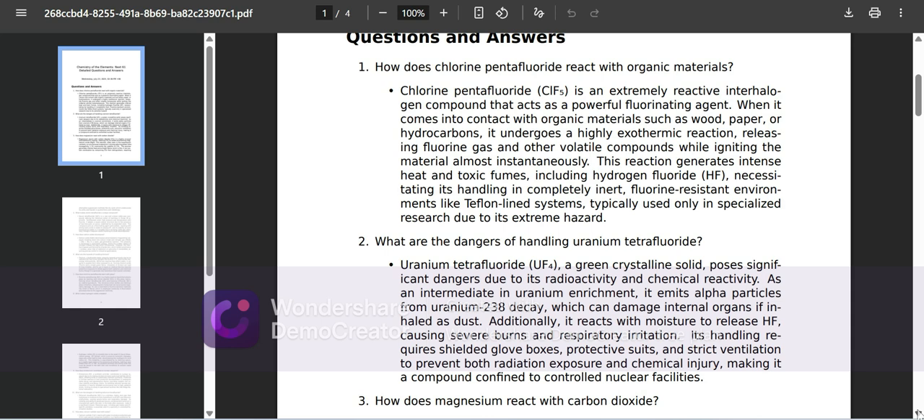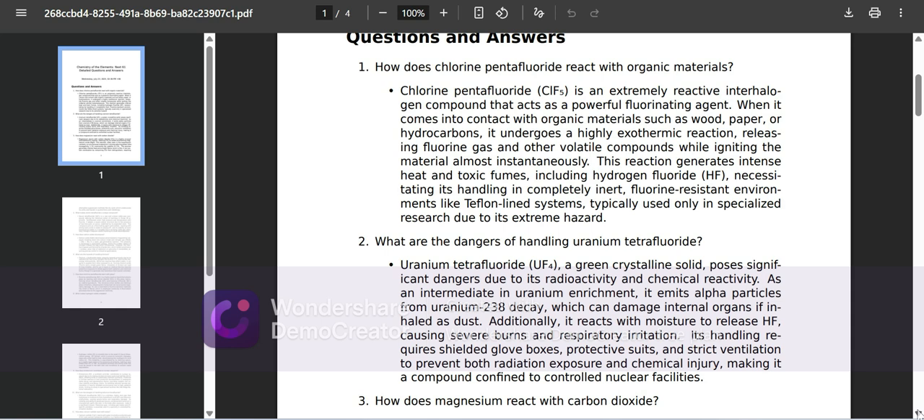When it comes into contact with organic materials such as wood, paper, or hydrocarbons, it undergoes a highly exothermic reaction, releasing fluorine gas and other volatile compounds while igniting the material almost instantaneously. This reaction generates intense heat and toxic fumes, including hydrogen fluoride (HF),